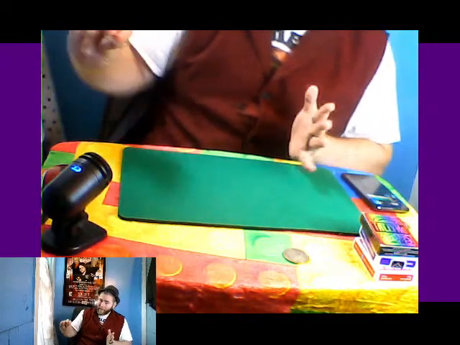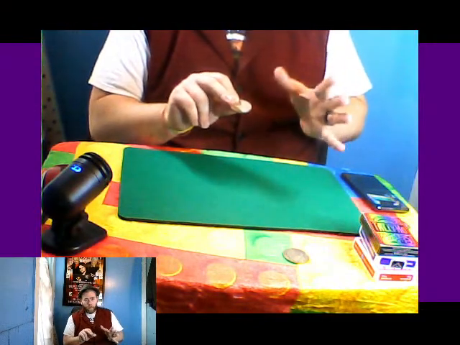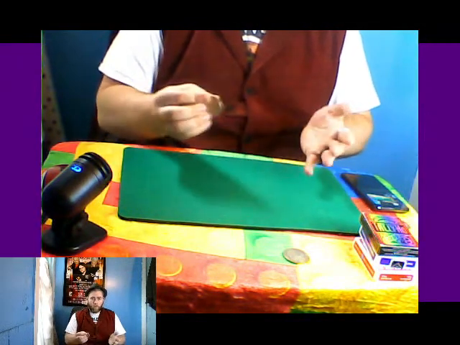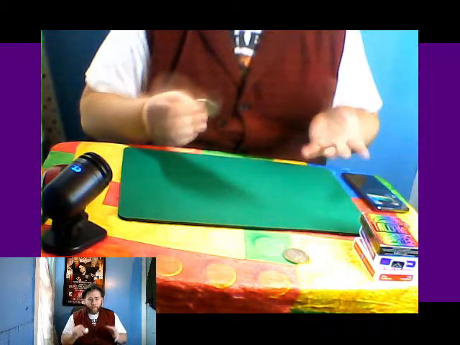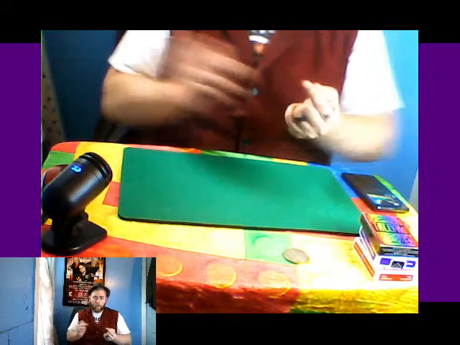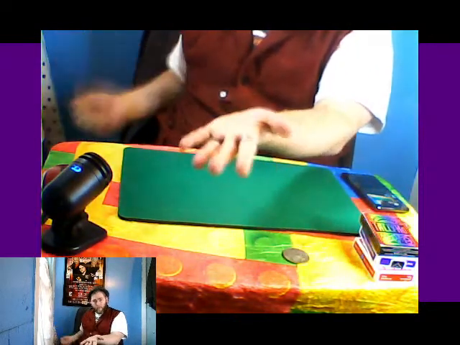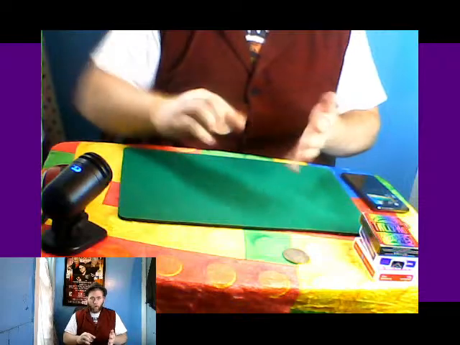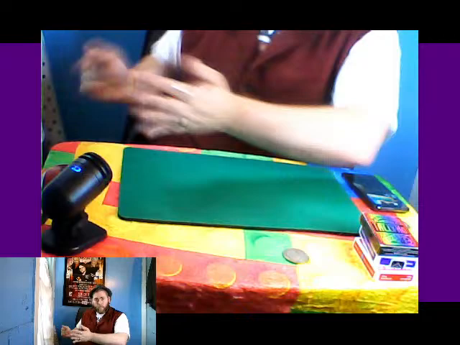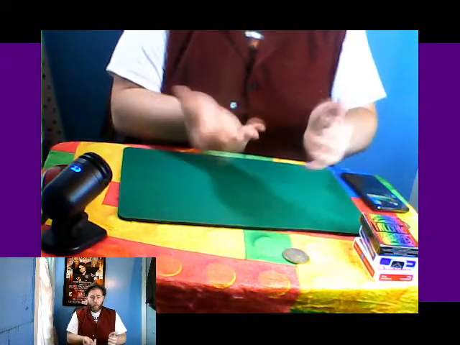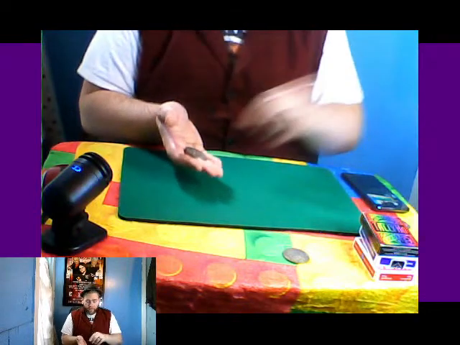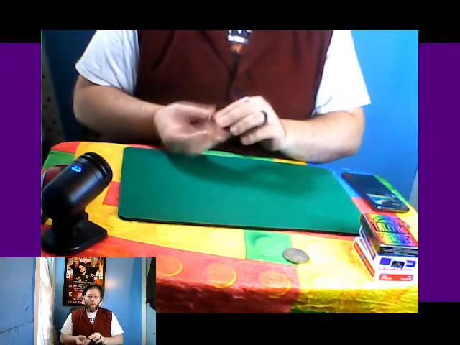Now the objective with the single coin is you simply want to do something, right? So to get into it, you can pretty much use whatever control you want to make the coin disappear and reappear over here. Now alternatively, you could just make the coin disappear by waving your hands, and then when you clap, it'll return. And then to wrap it all up, because you want 3 different effects together, what we want to do is we want this coin